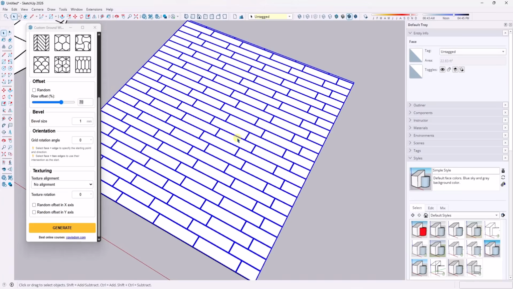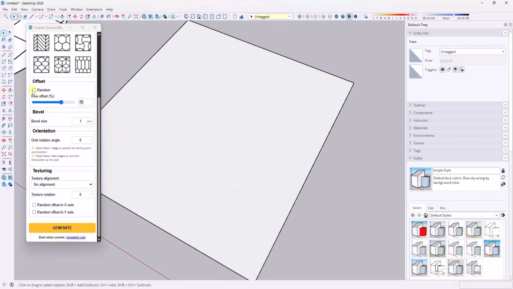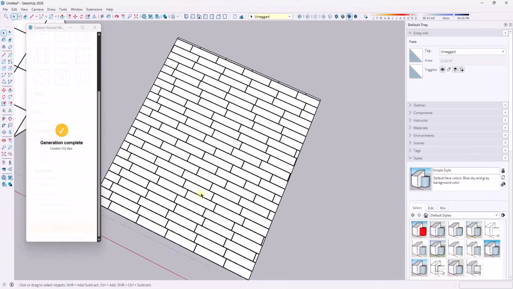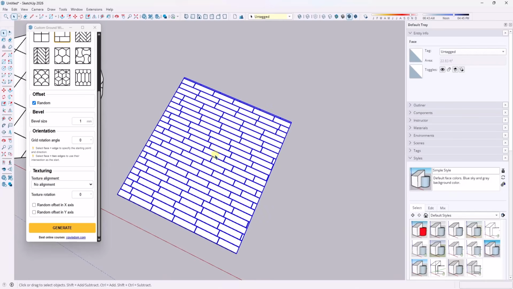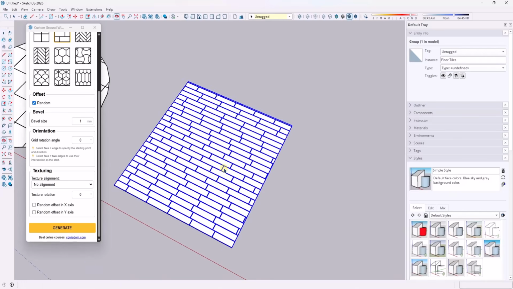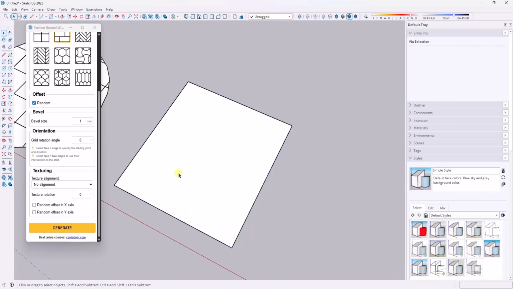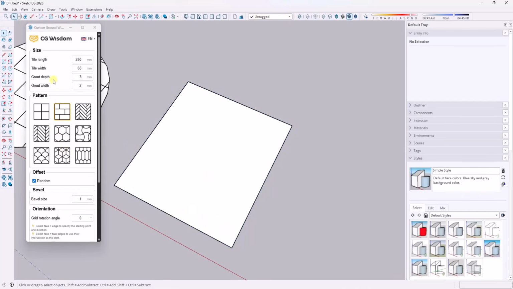Now, the random function is fun because it's going to randomize that offset on each one of these. So they're not going to be the same on every one of these. Now, there's some places where you might want to do that. I don't know that this is necessarily one of them, but I could see myself wanting to do randomization of the tiles. And so other things you can do is you can also adjust the grout depth and